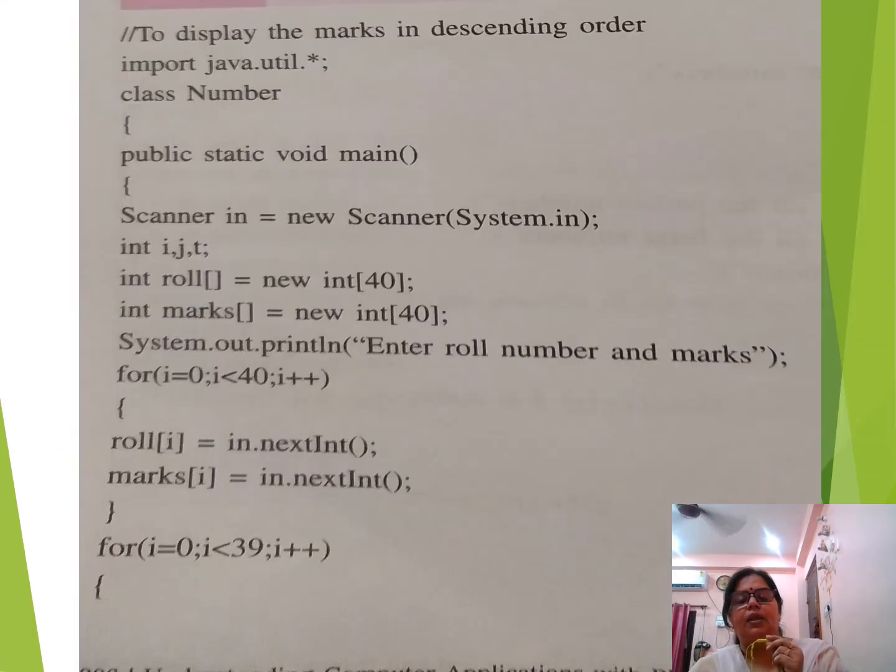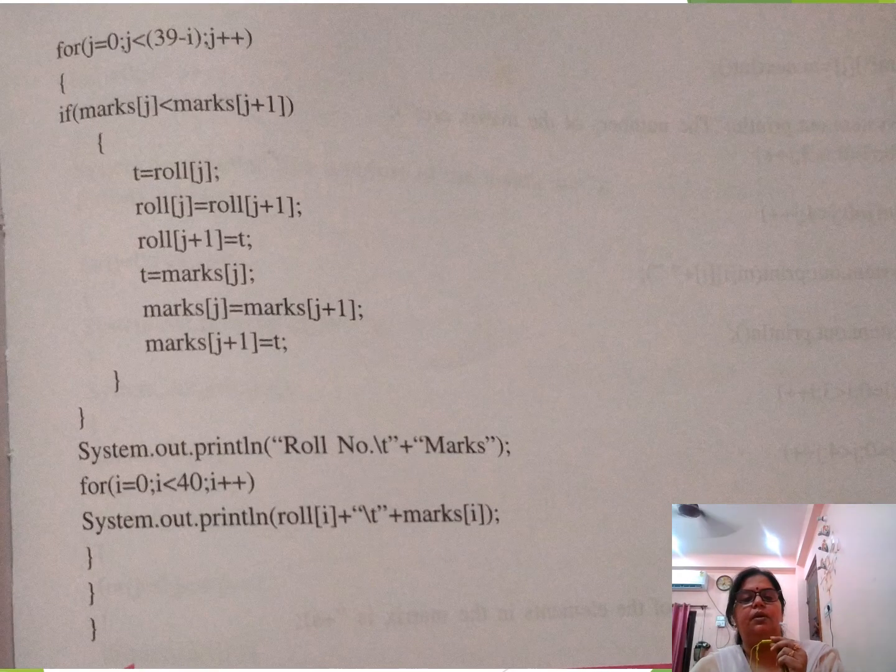Okay, see here, the roll number has been entered, and here the marks. First the roll number, then marks, roll number, marks, like that there will be 40 students. Then we have taken the loop till 39. Now we are doing our bubble sorting here. You can take 40 also, 39 also, all will work.